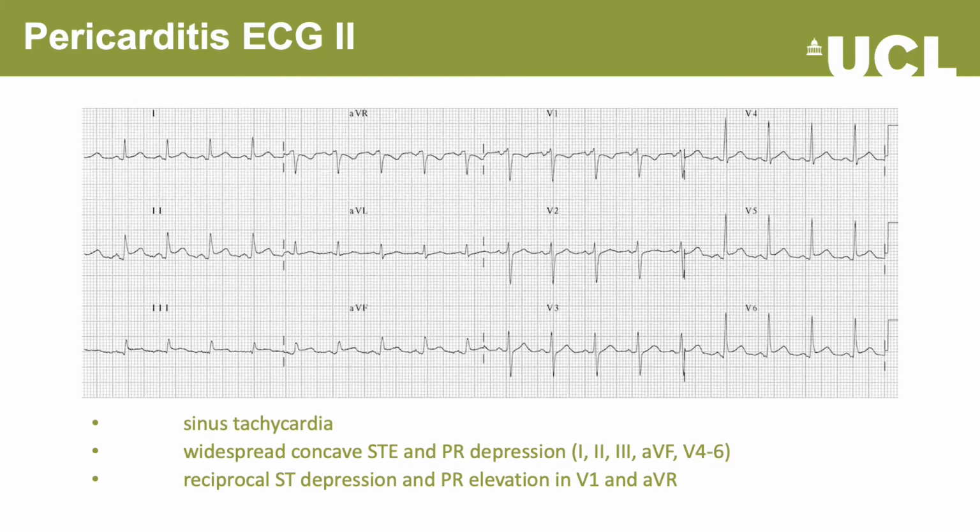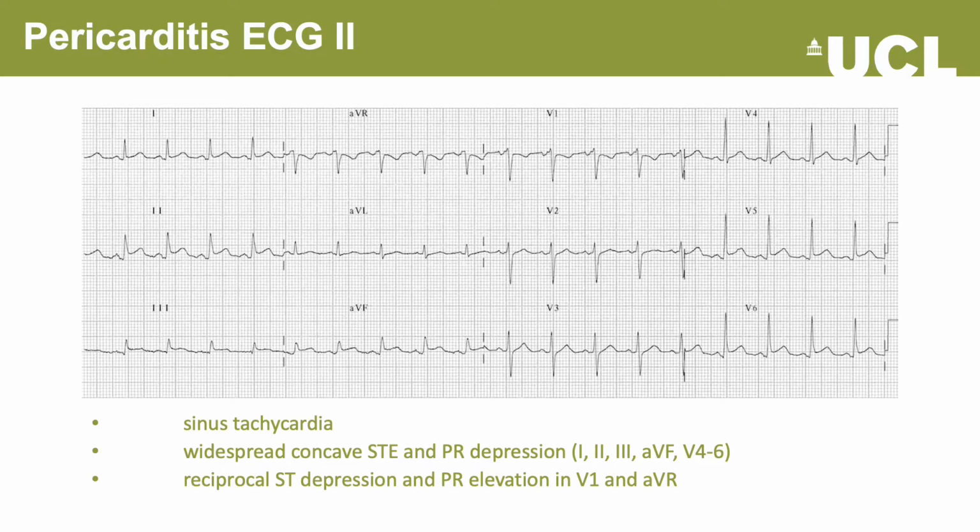A second pericarditis ECG. Here you have widespread tachycardia, concave ST elevation and PR depression in 1, 2, 3, AVF and leads V4 to V6. There's also reciprocal ST depression and PR elevation in V1 and AVR. Again, pause the video and make sure that you have studied the ECG carefully